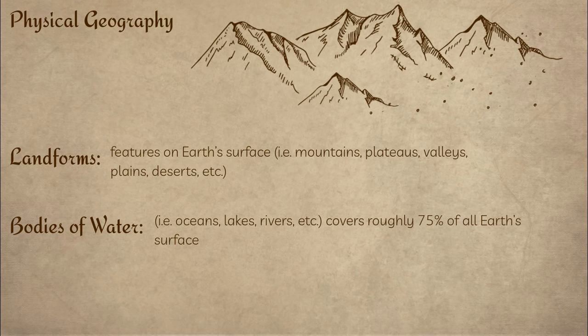A place's physical geography is also influenced by bodies of water. What water is there at the place? Oceans, lakes, rivers, seas, etc. Water covers nearly 75% of all of the surface of Earth. And we talked on Tuesday about the importance of water to people and the use of it, right? We talked about irrigation of fields, drinking, bathing, transportation.